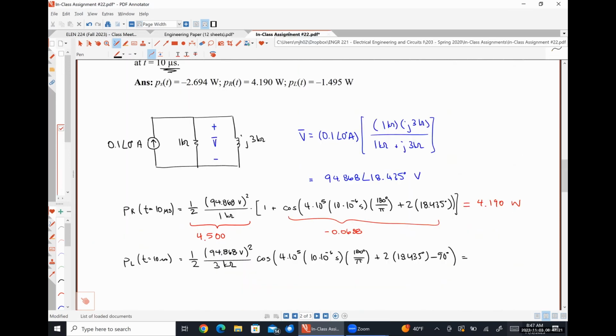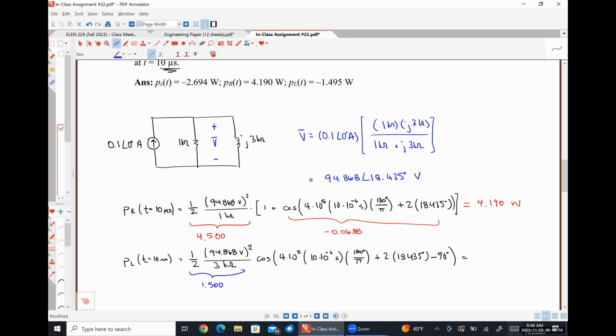Coming back over here. So we're going to have the magnitude of X quantity squared divided by 3,000. So for me, this part looks like 1.500 and some change. I'm going to store that as A now. Then I have cosine of 4 times 10 to the positive 5 times 10 times 10 to the negative 6 times 180 over pi plus twice the angle of X